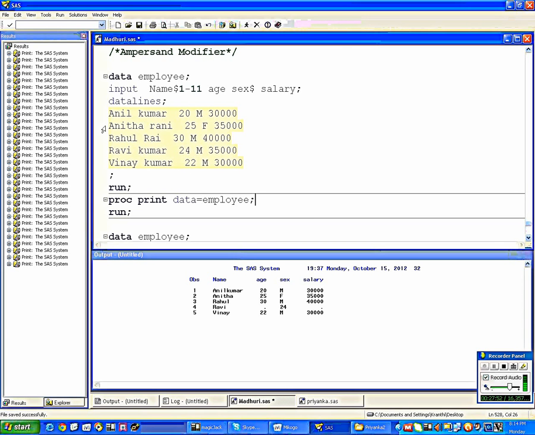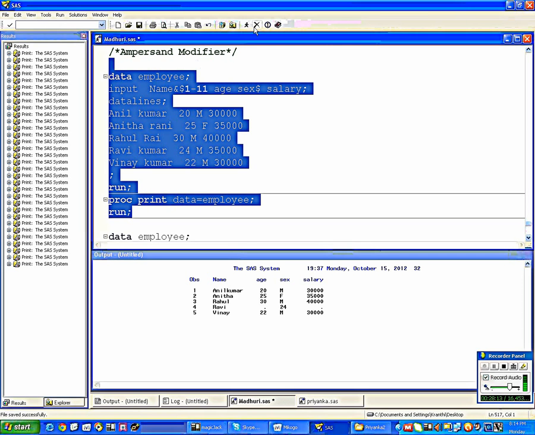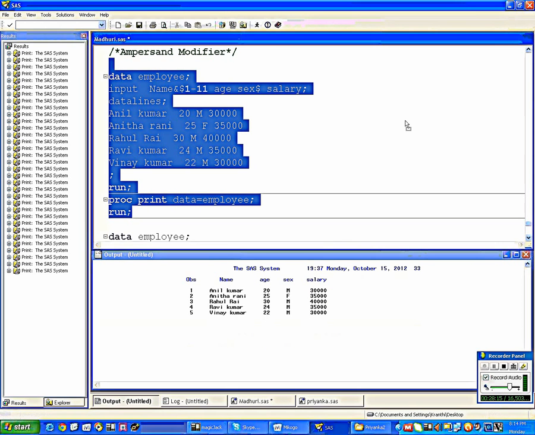If there are two spaces, then 1 to 11. But here use the ampersand. What does the ampersand do? It will read 1 to 11. But if there is a single space in between, it will read continuously. But if it finds a double space in between 1 to 11, then it stops.